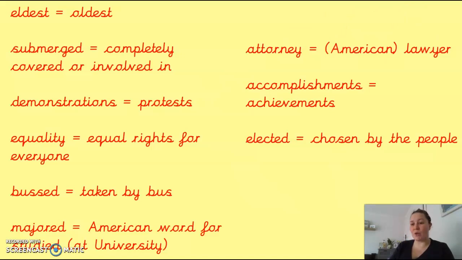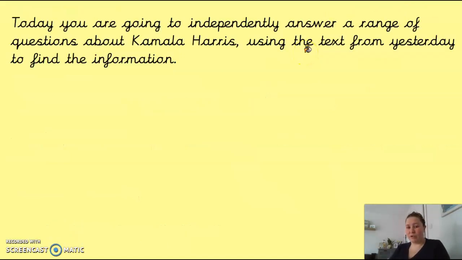Okay, brilliant. So now you are going to move on to your independent questions. So you need to download the questions from the website. You've got some retrieve, you've got some infer, and you've got an ending on an explain. Now, remember, retrieval questions are probably going to be your easiest. You're finding an answer in the text and you're just copying it down. Infer, a little bit harder, but you will still find some information in the text. You might just have to do something with that information. And for your explain question, you are going to have to show your understanding in a full sentence.